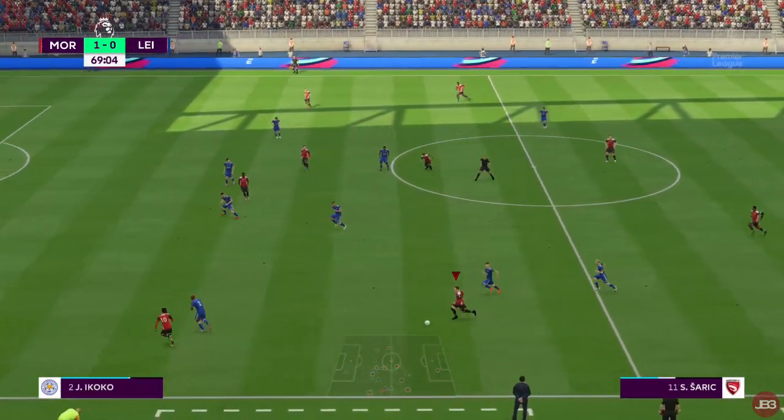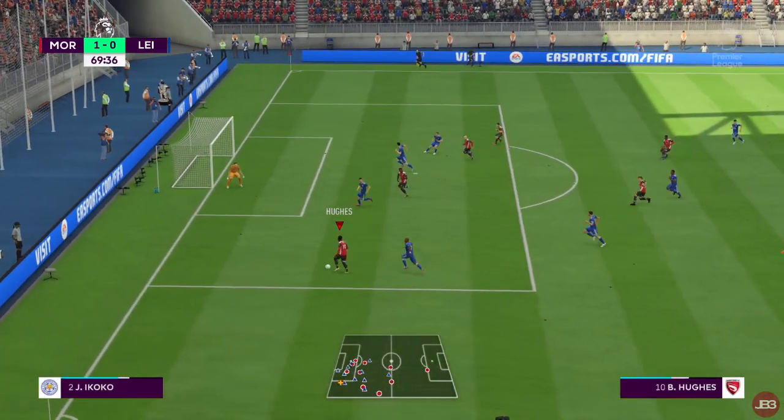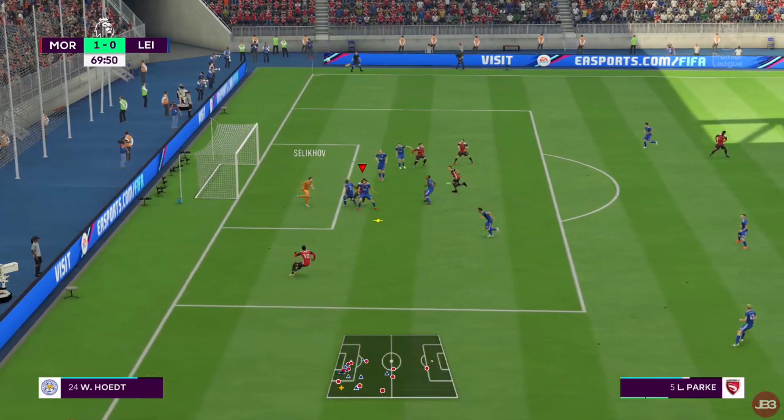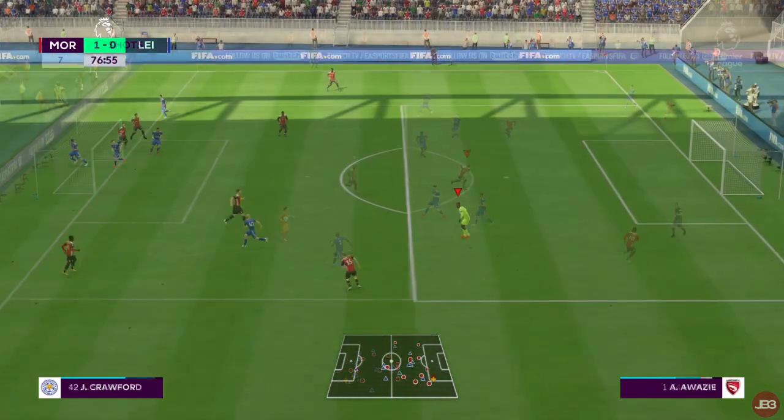Sark pushes it forward here. Tries to get it on to Billy Hughes. He's just behind the defense, still onside. Takes the long shot right on the keeper. It's going to be loose and covered up. The goalkeeper puffs out his cheeks because that's...